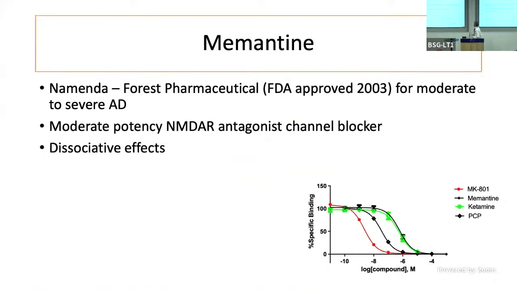We'll see. All right, I think memantine is another interesting example of an NMDA receptor antagonist channel blocker. It's approved for moderate to severe AD, at least in the US and I believe other countries. It interestingly has about the same potency as ketamine at blocking the NMDA receptor. This is binding we did, ketamine in green, memantine in this diamond, and you can see these MK1 displacement curves are identical. The affinities are more or less identical.